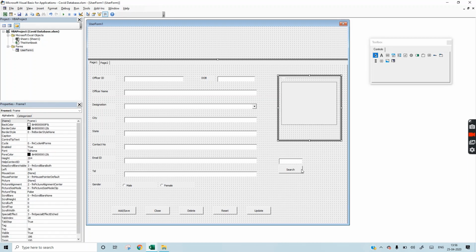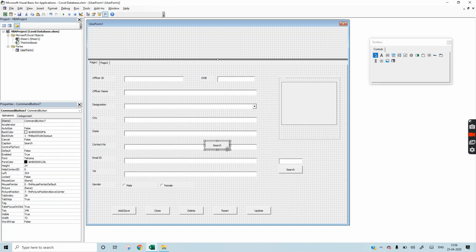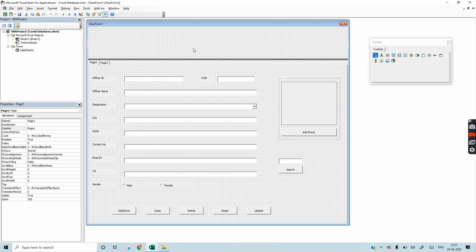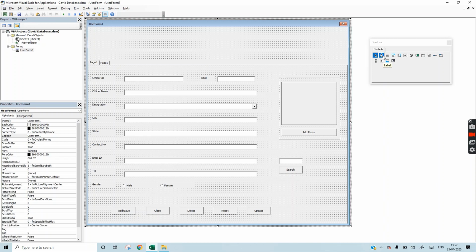Now we will need one more command button here. One label will be needed at the top for COVID-19 task force or anything.